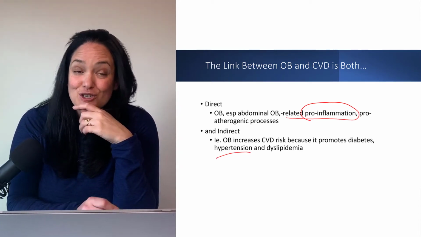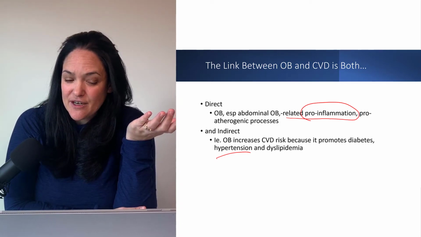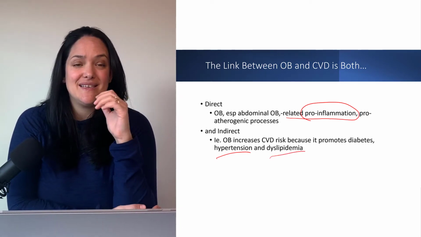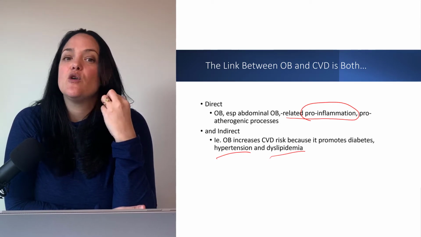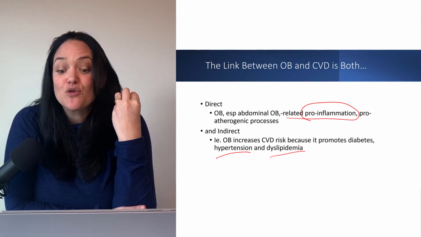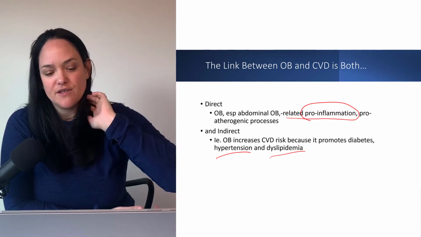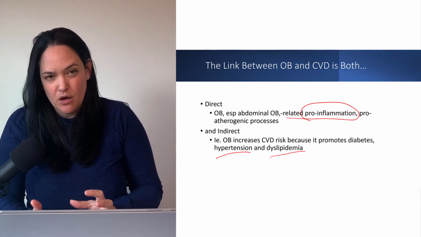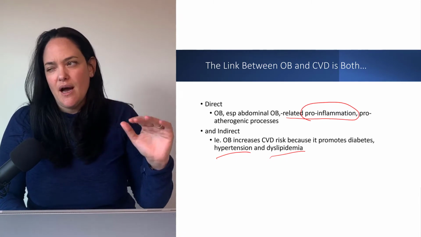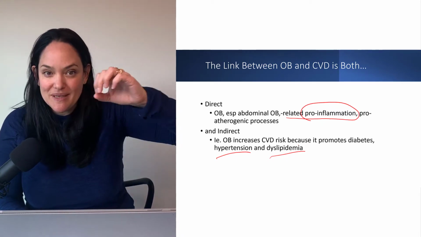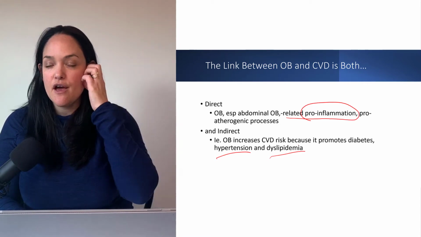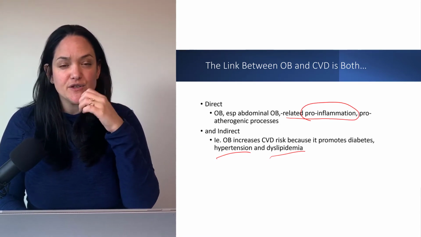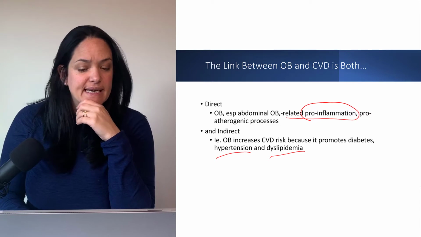But high blood pressure is another big risk factor for cardiovascular disease, as are dysregulated lipids in the blood. Those are three main risk factors for cardiovascular disease, and obesity promotes all of them. So again, it's hard to tease out the exact pathway, and quite honestly, there are multiple pathways from obesity to cardiovascular disease, both morbidity and mortality.